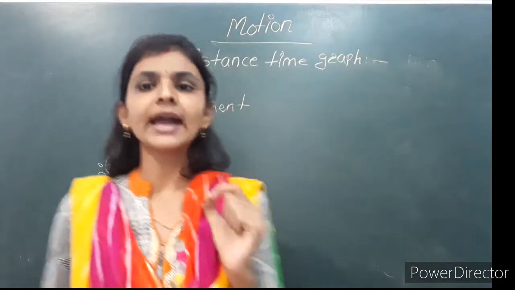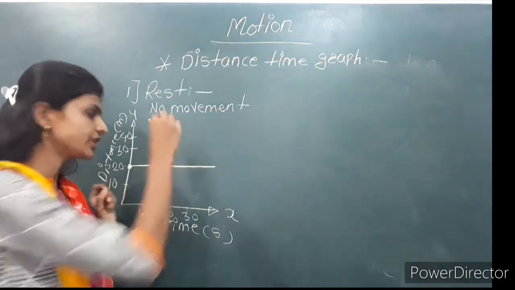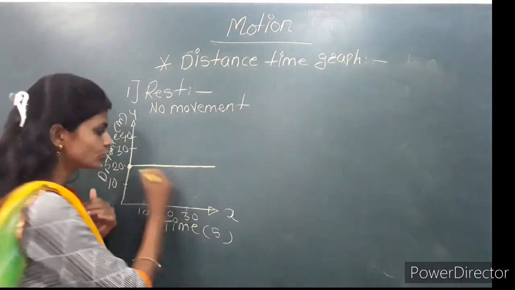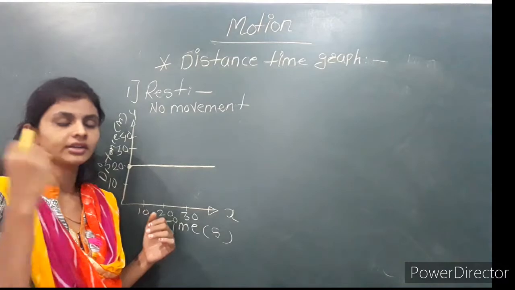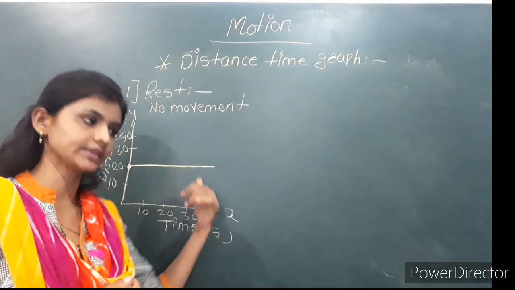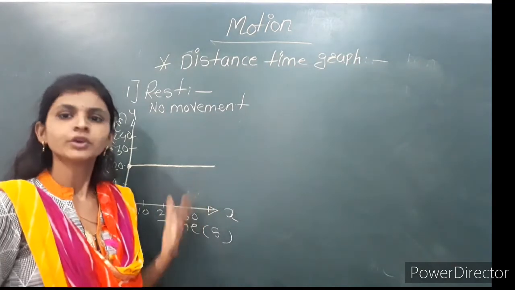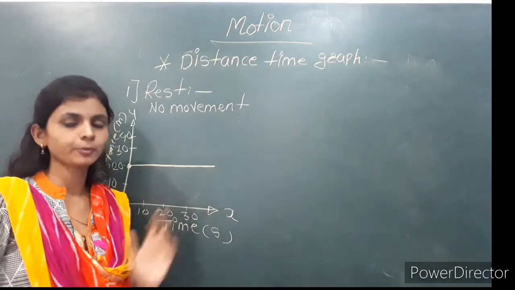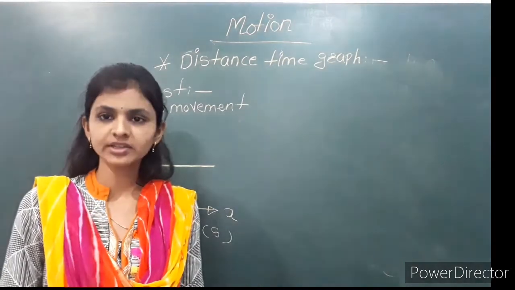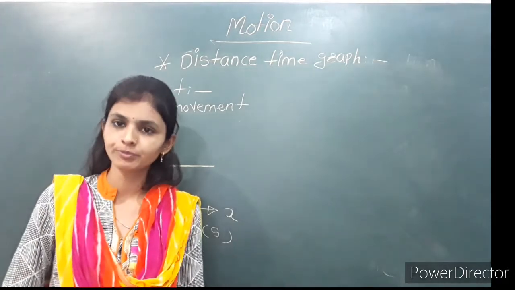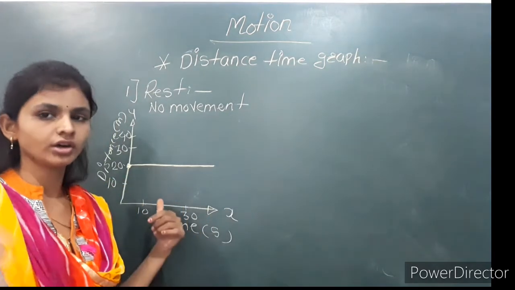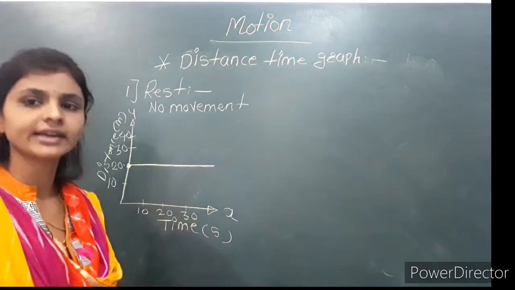When the object is at rest position, we can see the object is at only one place, but the line we see indicates the increase in time. Whatever time is increasing, we can understand through this graph. So this is related to the rest position. When the object is at rest, there is no movement in the object, but we can see the increase in time. So by using this graph we can represent the motion when the object is at rest position.